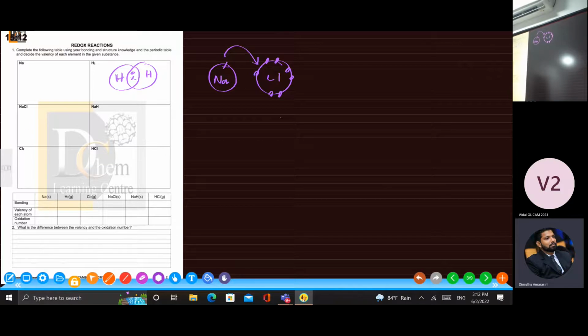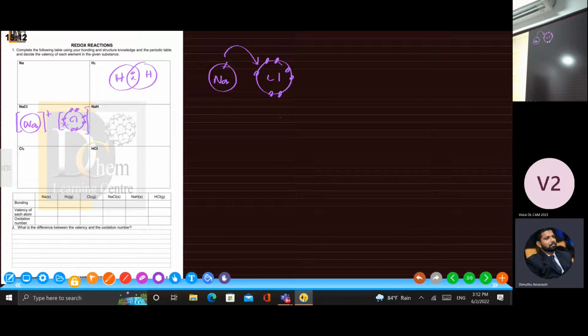Then sodium is becoming an ion. Now I'll do 1 or 2 examples, rest you can do. So it becomes an ion. Chlorine is also now an ion. It is not an atom. So now it's going to be a chloride ion. So I want you guys to understand that electrons have been transferred from one atom to the other atom. Then sodium